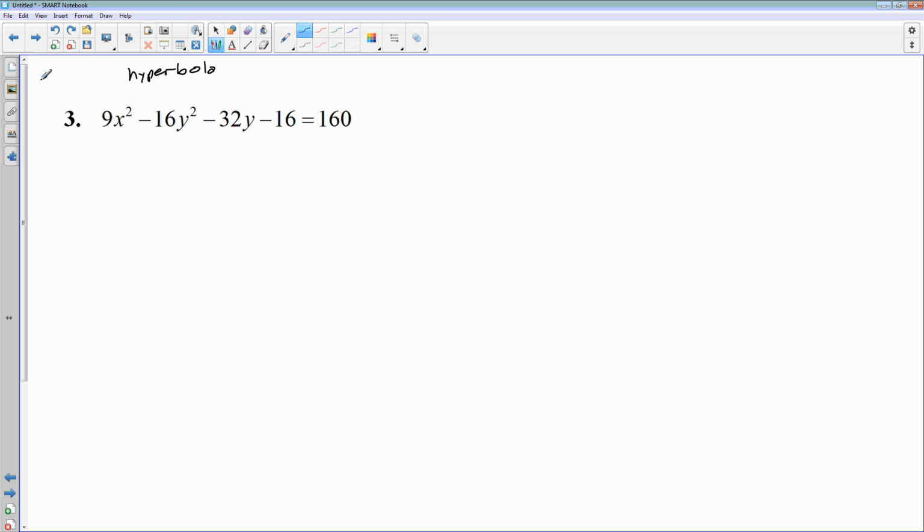So we have a hyperbola, and I know the standard form for a hyperbola, since x is first, I know this one's going to be x minus h squared over a squared minus y minus